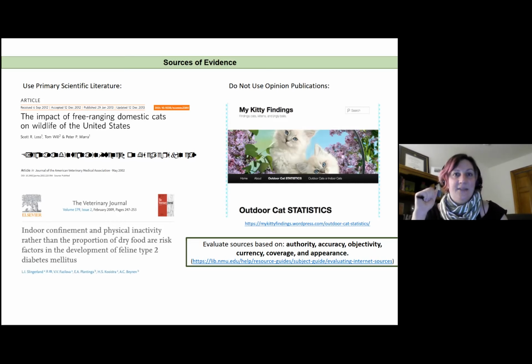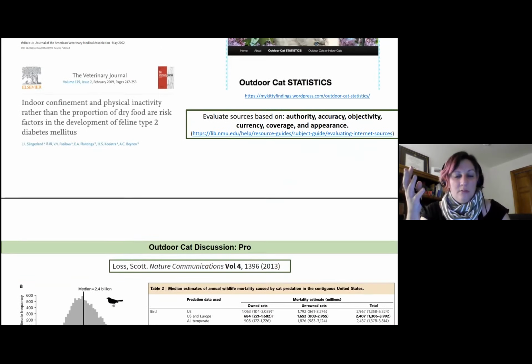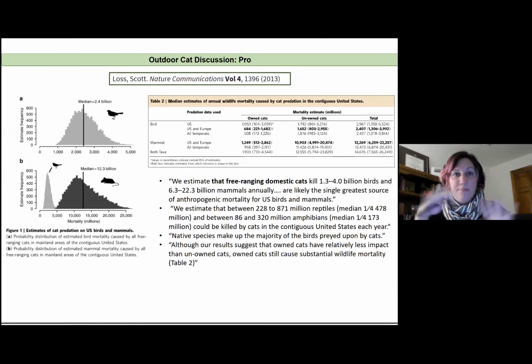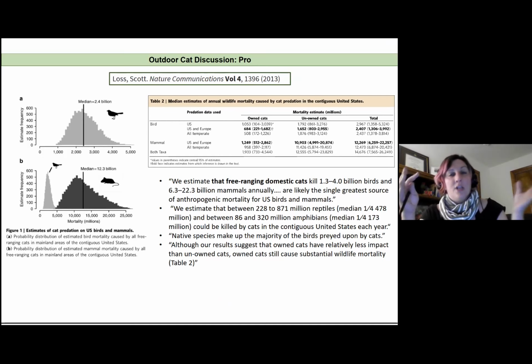For today's activity, I want us to focus on the actual writing of something in the format of claim, evidence, reasoning, because you will be graded on this in assignments throughout the quarter. And so I'm going to give you reasonable evidence on both sides of this argument. And you are not being graded on if you want to lock my cat indoors or if you want to let him roam free. You're just looking at actually crafting this statement.